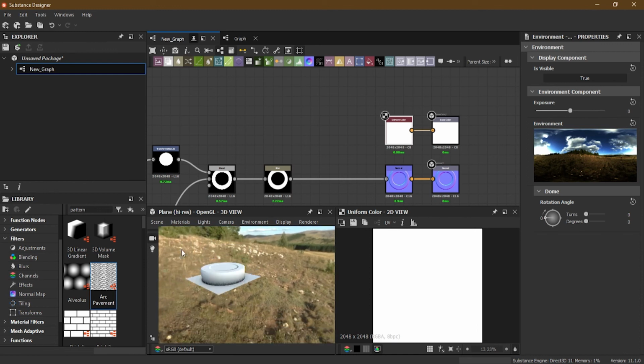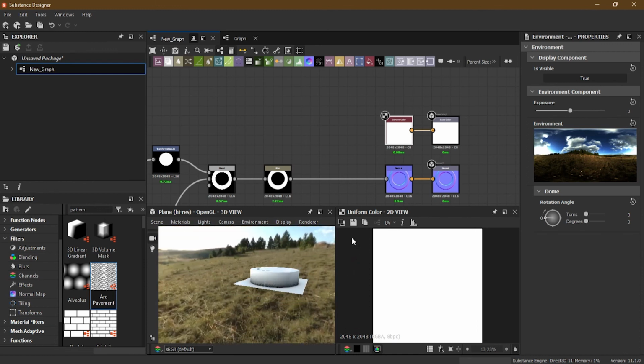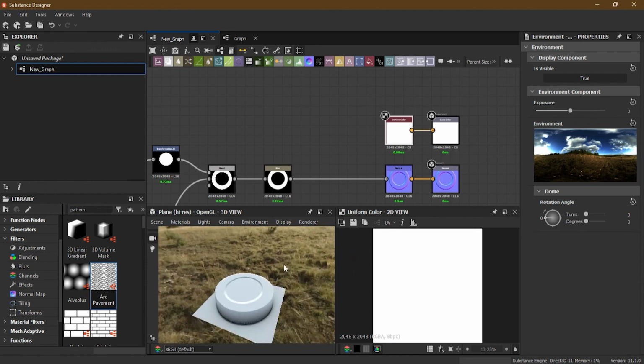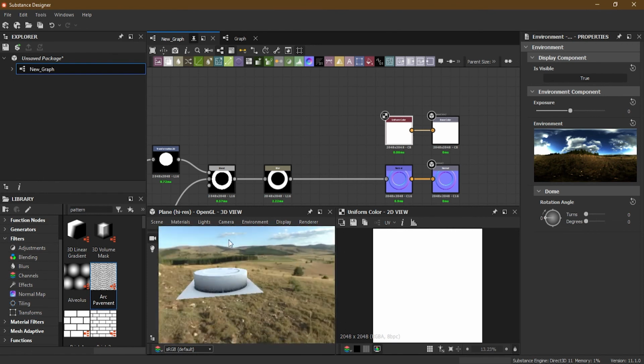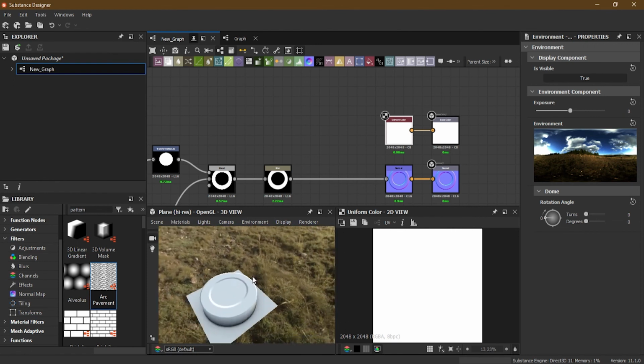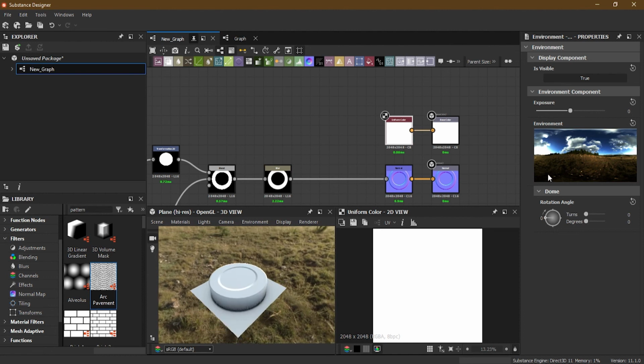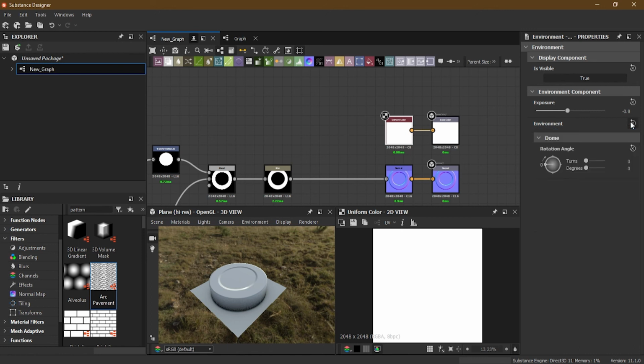So if I rotate my camera with my left mouse button, you can see not only the view is moving, it's also my background moving. Now here I can control the exposure of my environment, and this is the actual environment I'm using right now. So if I click on the environment here, okay,